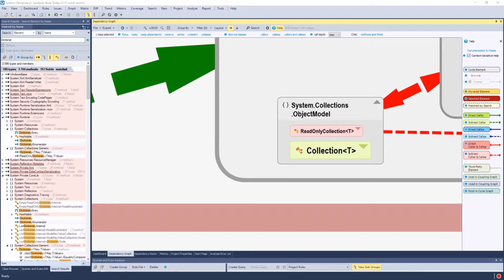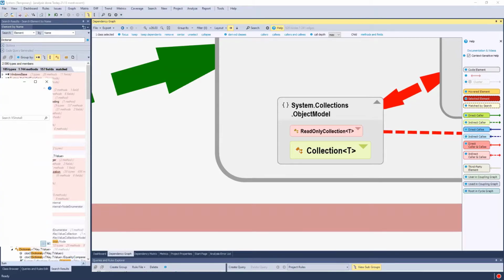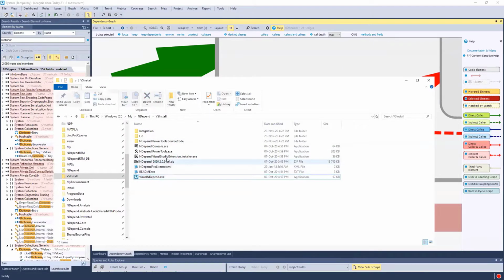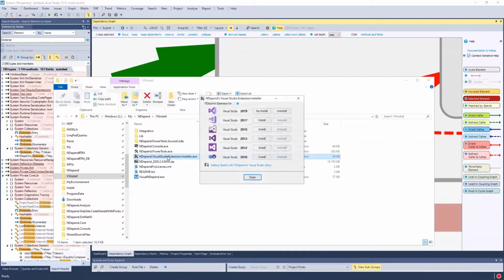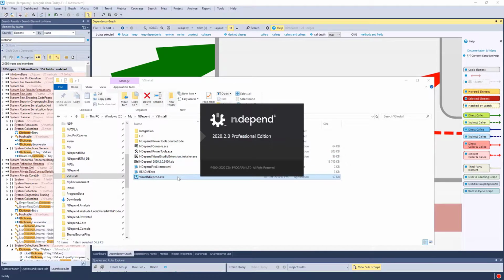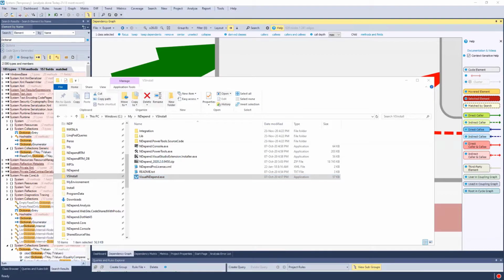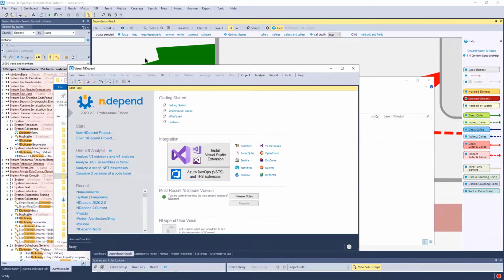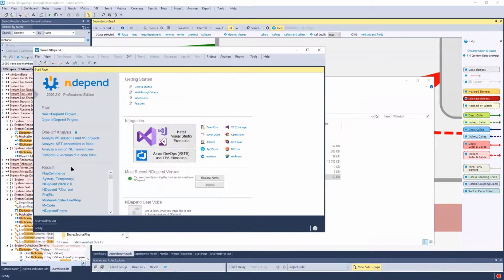And second, as I told you, when you install Visual NDepend, you have this installer, and you can install it in Visual Studio, but don't forget that you also have NDepend as a standalone, which is the one I just used before. From there you can analyze all these projects.